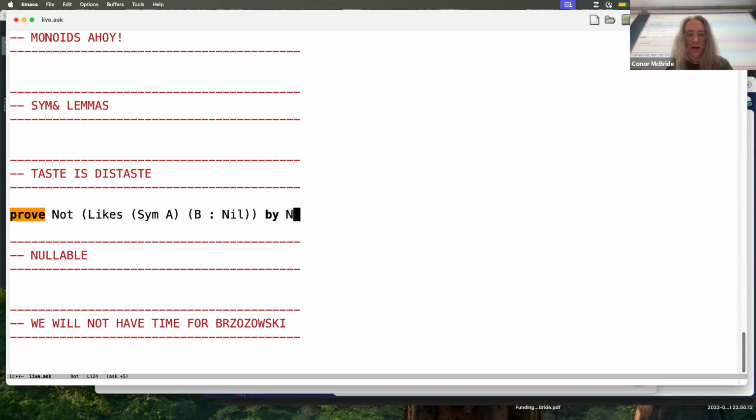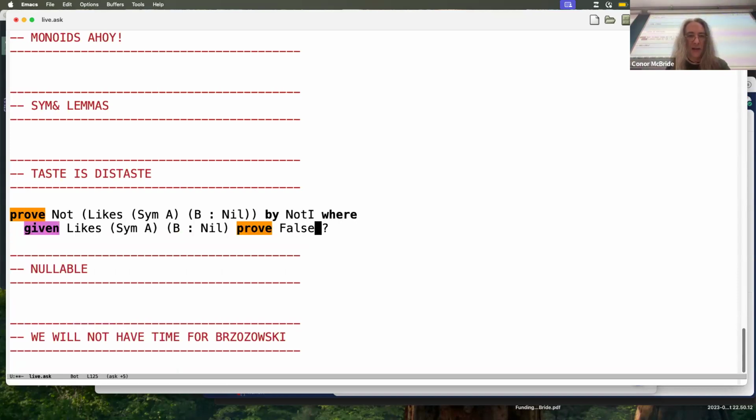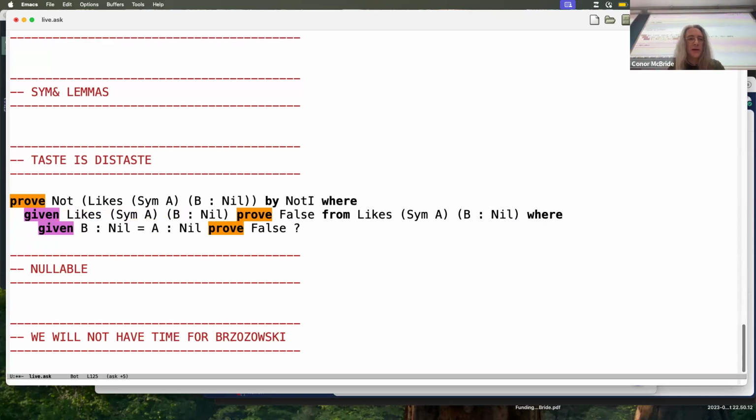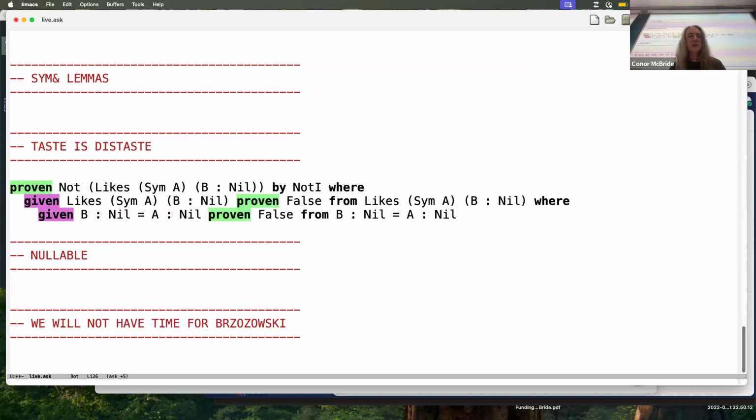Okay, I say by not introduction. And then I get told a statement of which I'm deeply suspicious, namely that sim A likes a singleton B. So I say, how could that possibly be true? And Coq tells me that can only be true if singleton B is equal to singleton A. And when someone hands us an equation which is obviously false because of a clash of constructors, you discriminate from it, and the goal goes away. So there we are. We have an example of